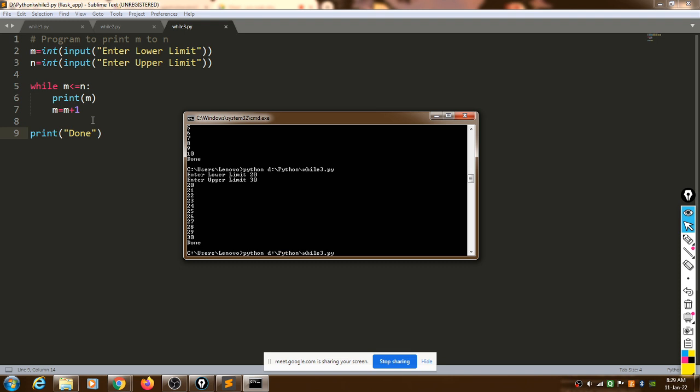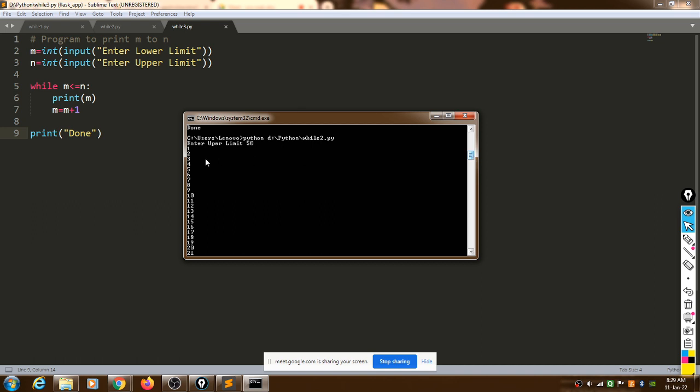We will enter another input here. Look here, suppose lower limit is 51, upper limit is 100. So what does it give here? Anyone from you, if lower limit is 51 and upper limit is 100, what does it give? 51 to 100. So when we execute this one, it gives you 51 to 100.